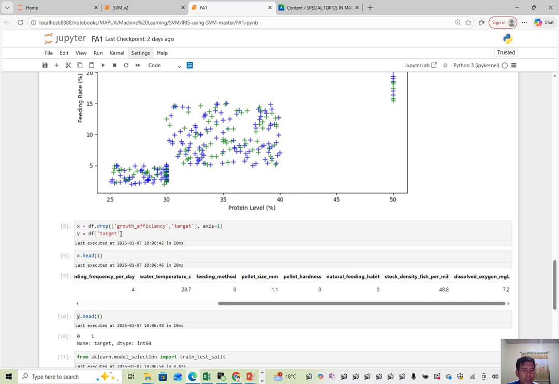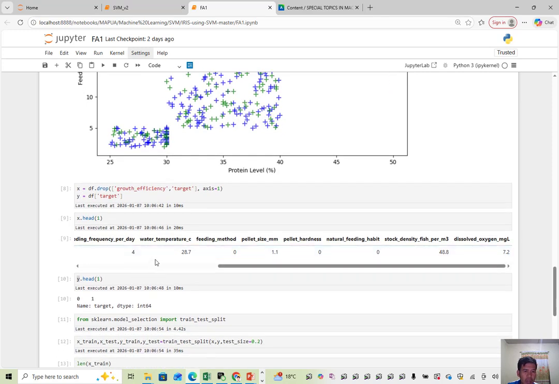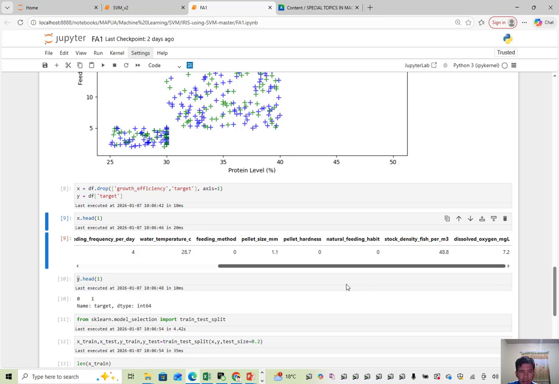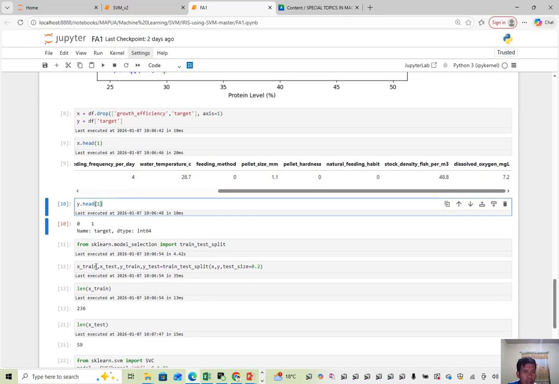And for the target label, we use the target column and store it in a Y variable. Then we display the sample feature. As you can see, these are the X or the features. Then for the Y or the target variable, this is the example data.